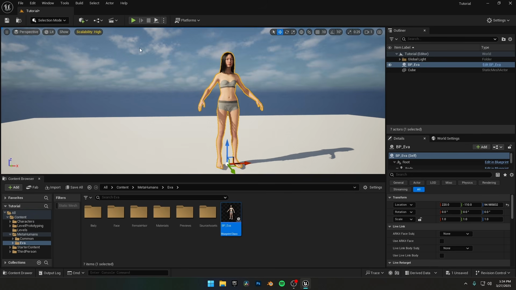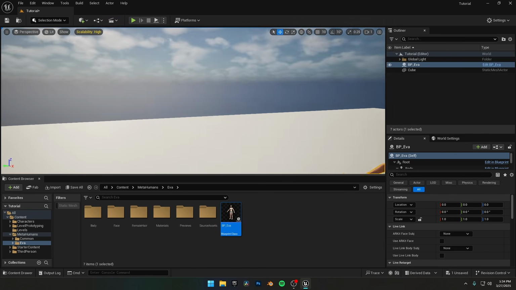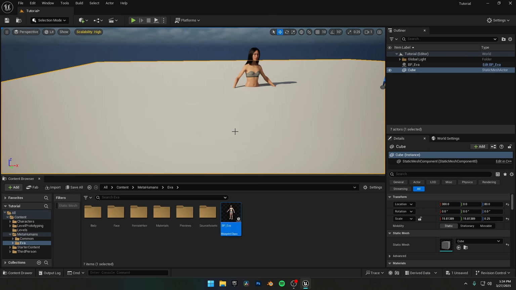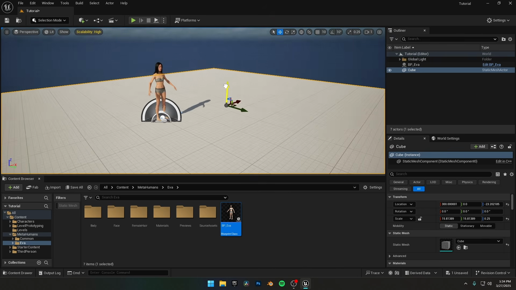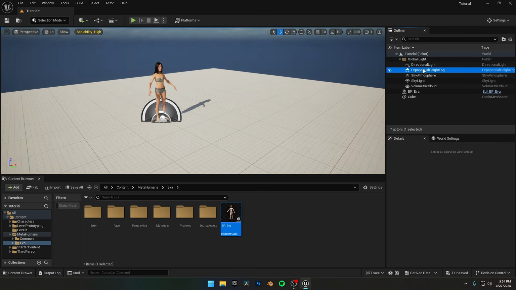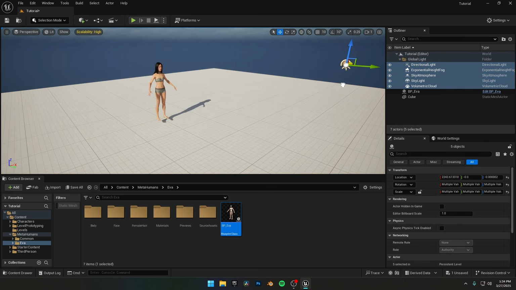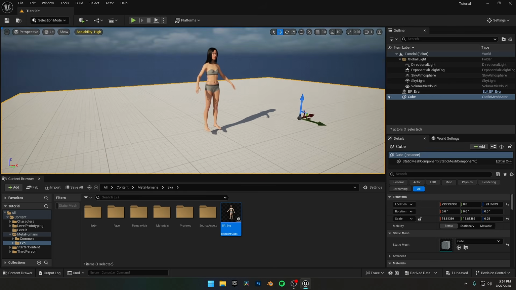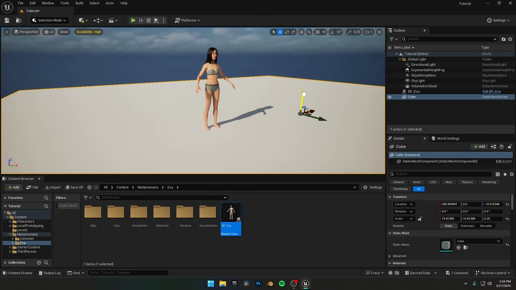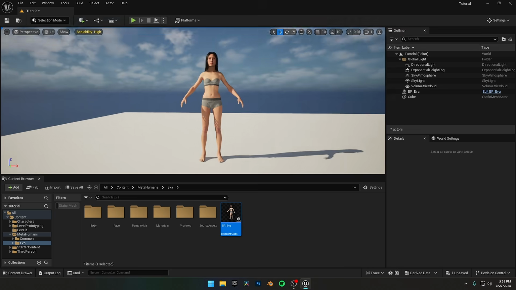The most important step, always make sure your MetaHuman's location and rotation are set to 0 for all 3 axes. If they aren't, your MetaHuman could end up in a random spot, making it nearly impossible to customize the outfit in MetaTailor. I move the lighting system to the side to make sure she's standing properly and not floating. Sometimes the grid can get in the way. To remove it, click the Show button in the viewport and uncheck Grid.